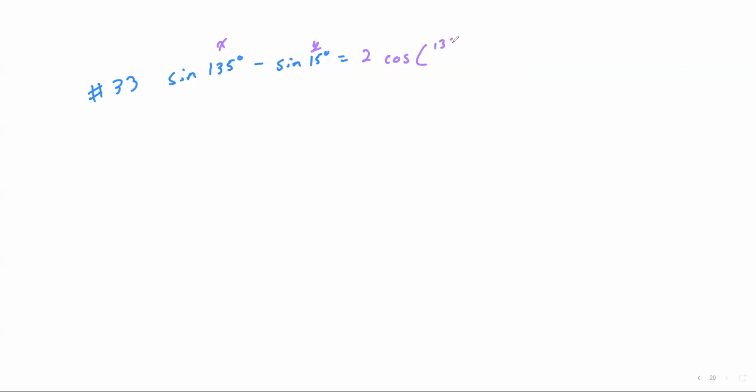So it's going to be 135 plus 15 degrees divided by 2 times sine of 135 degrees minus 15 degrees divided by 2. So we get 2 cosine. 135 plus 15 is 150. And then 150 divided by 2 is 75 degrees. And then